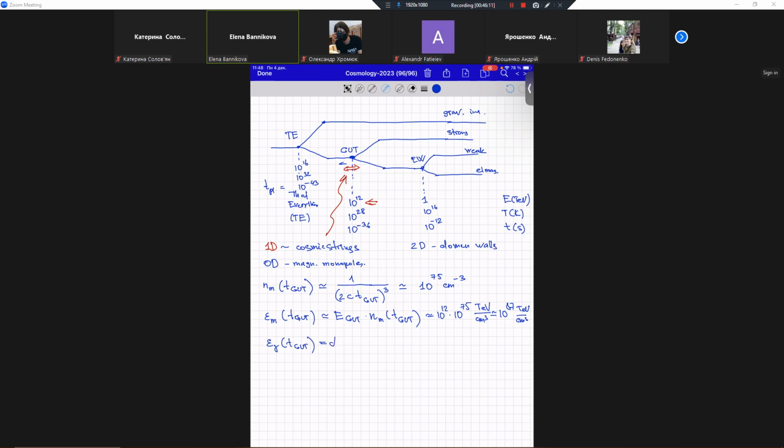So this is alpha T good, and we know alpha, we know T good, so it will be approximately 10^87. You can check it, per centimeter cubed. So it means that at the time corresponding to T good,